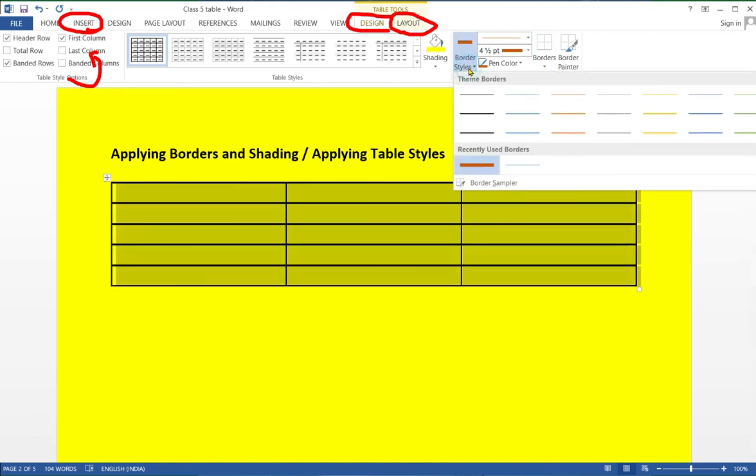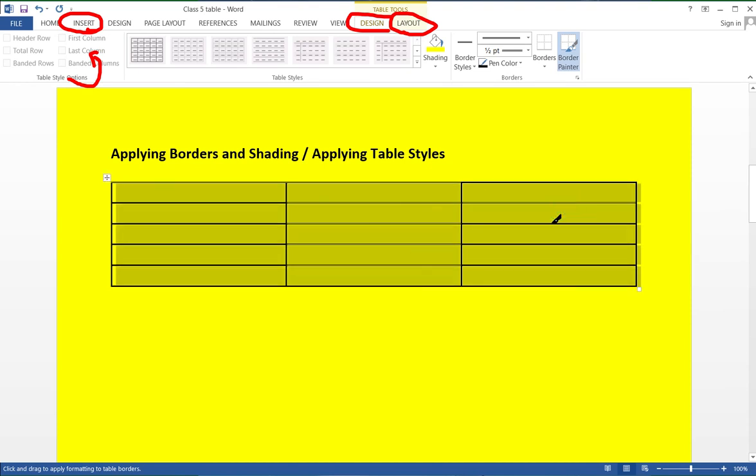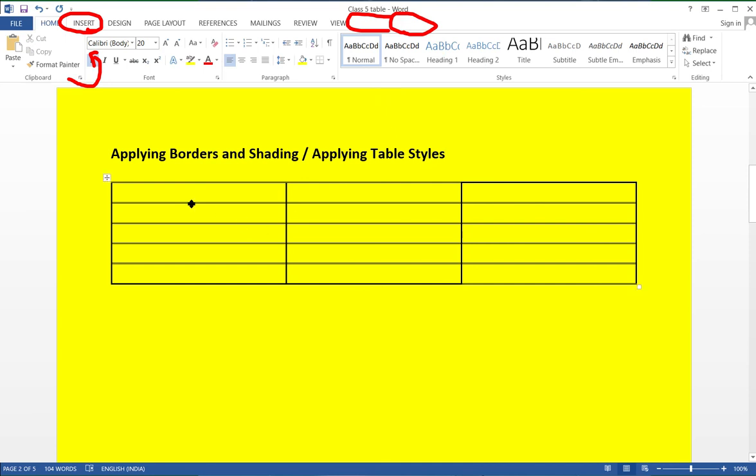From the border styles option, you can add style to the border of your table, just like this.